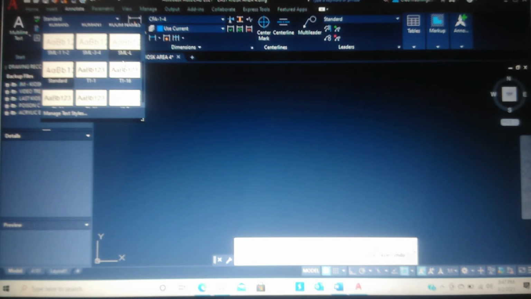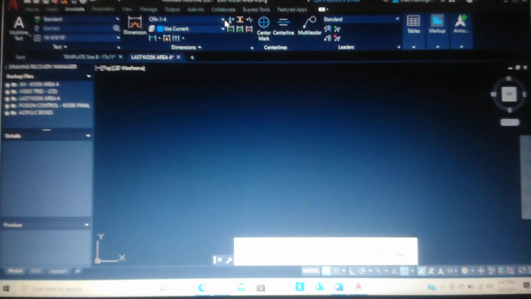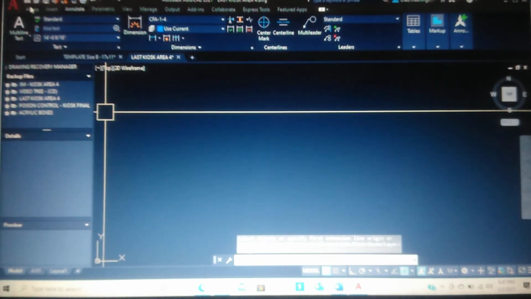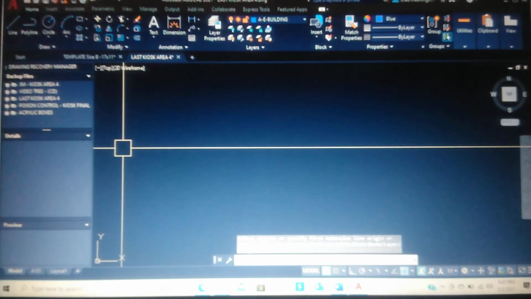Because when you get to the next level, which is the intermediate AutoCAD, you guys will actually use this template to set up your own template, so to speak. So we kind of went over the basics, and what I have in this AutoCAD file here is very extensive, okay? But we'll get into that later. So what we're going to do today is